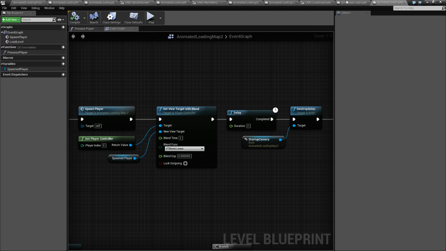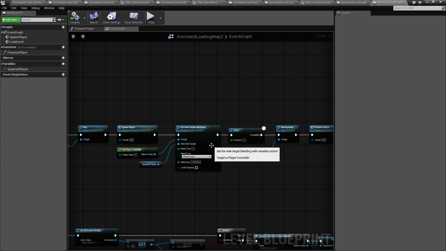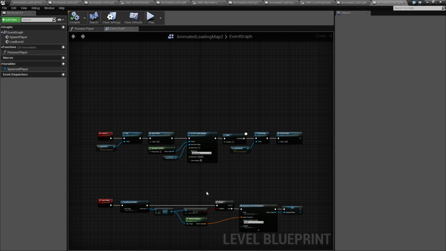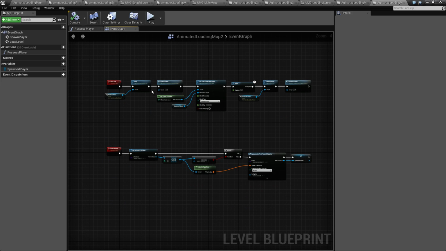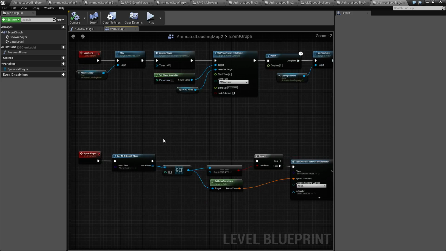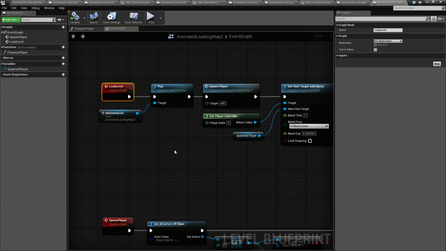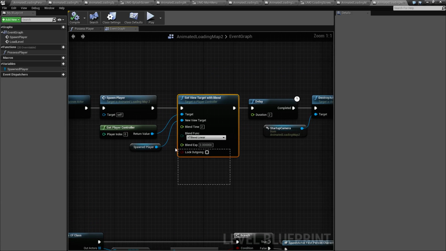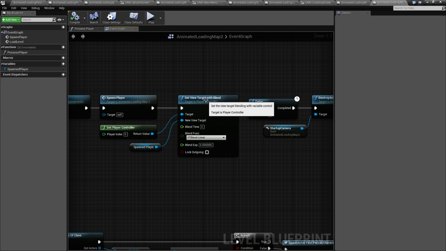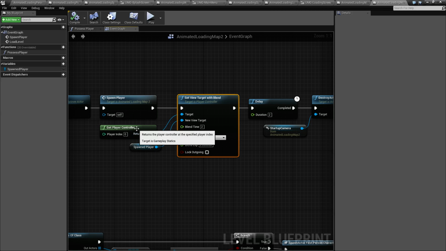And what I'm telling it to do, again, this is for an effect. This is something fun. Since every one of these levels is compartmentalized and unique, you can actually have all of them have a different introduction sequence if you need to, but they can all use the same loading function as long as they all implement that same custom event. So I'm just simply taking my existing camera, using the set view target with blend node, and saying, hey, go ahead and